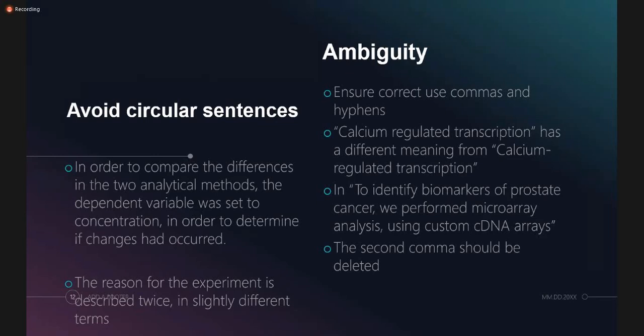There is another thing called circular sentences. This circular sentences you can understand with this first bullet. In order to compare the differences in the two analytical methods, the dependent variable was set to concentration in order to determine if changes had occurred. So here in this first example, in the first bullet, these are just examples. The author who wrote these sentences